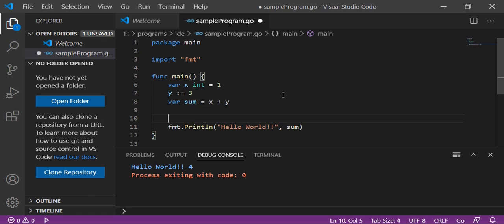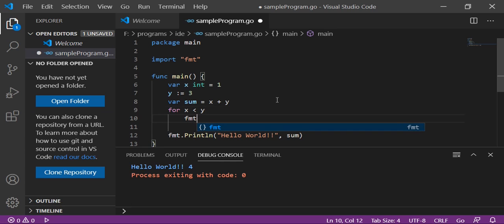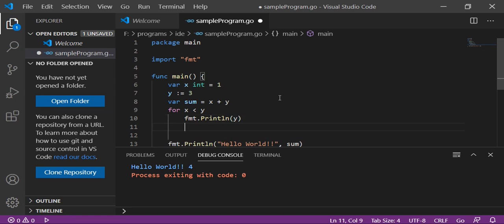We have other defined syntax also, like for loop and if. Let's say for x greater than y, less than y, fmt.Println the value of x, the value of y, then do y minus minus.